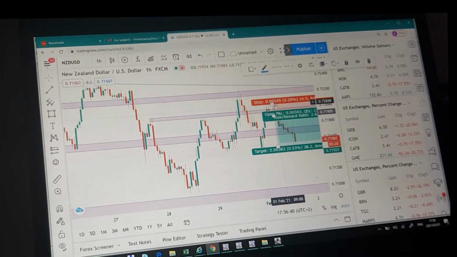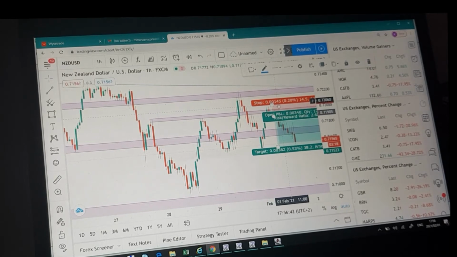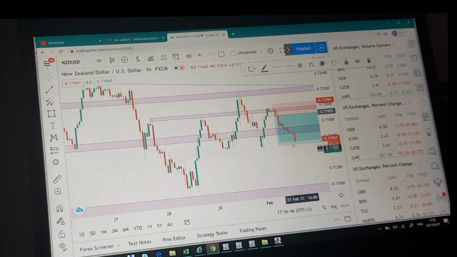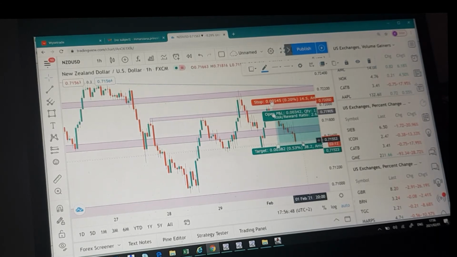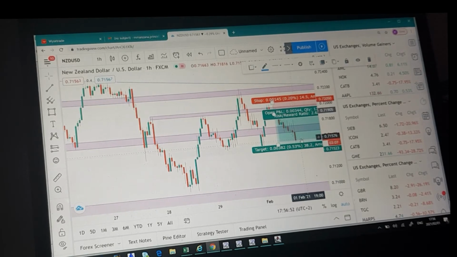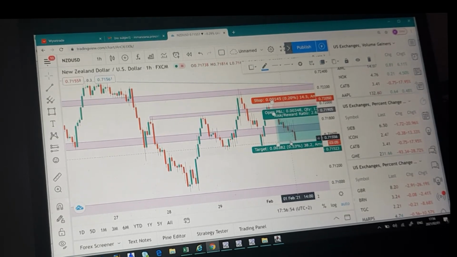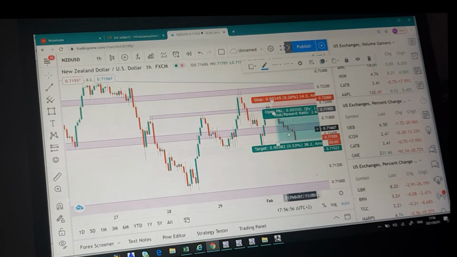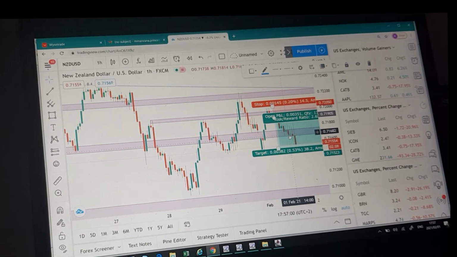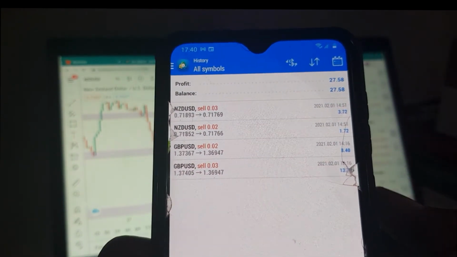Then I put my stop loss here, which is about 14.5 pips, and my take profit was 38.2 pips. I waited for the market to do that, but I got impatient, which is wrong. I closed the trade here, and then I will show you how much I made. The profit that I've made today,